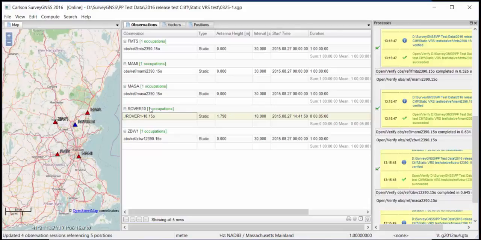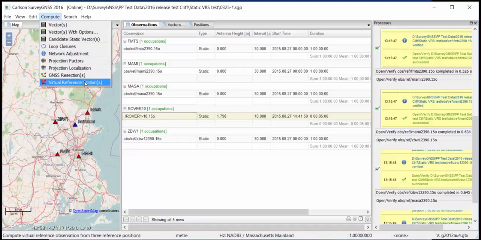And since it's for post-processing, we're actually going to create a file, a Rinex file. So the Rinex file itself is not a virtual file. That's actually going to be a real file. So we'll just select this option, and it's the virtual reference station. I have to mention that this is a separate module, so this is not in the standard version of SurveyGNSS. This is a separate module. So we'll select it,